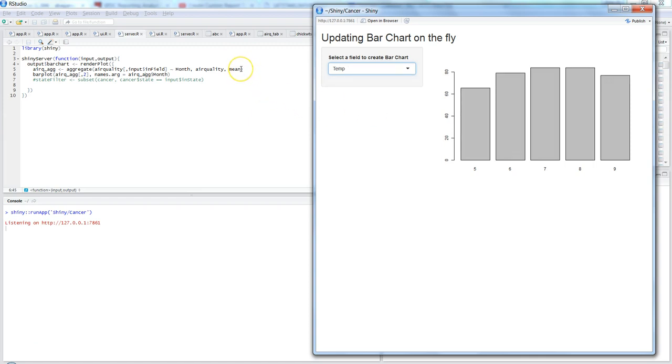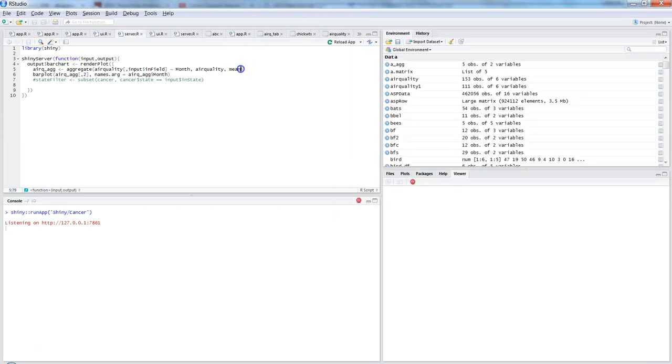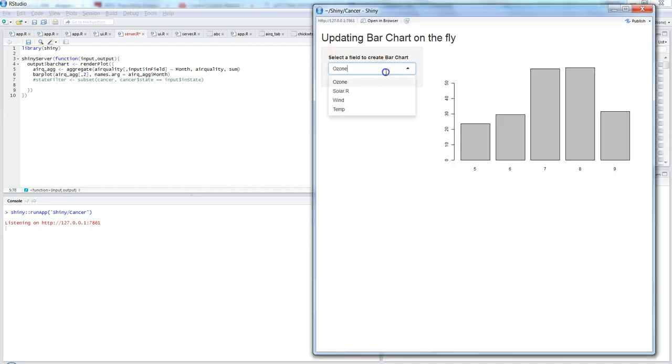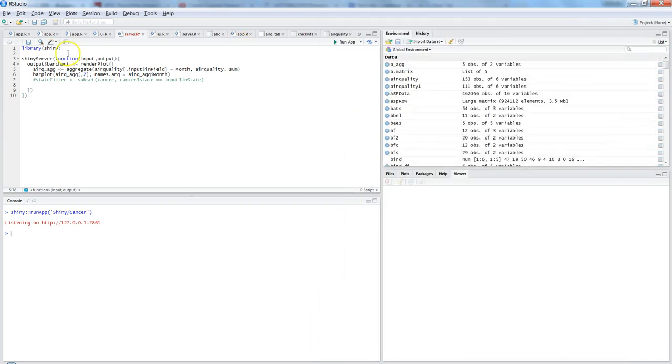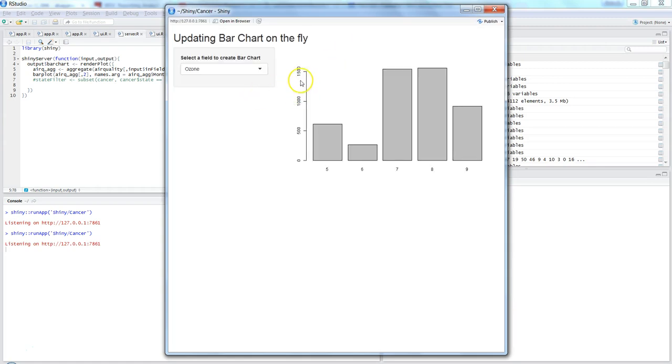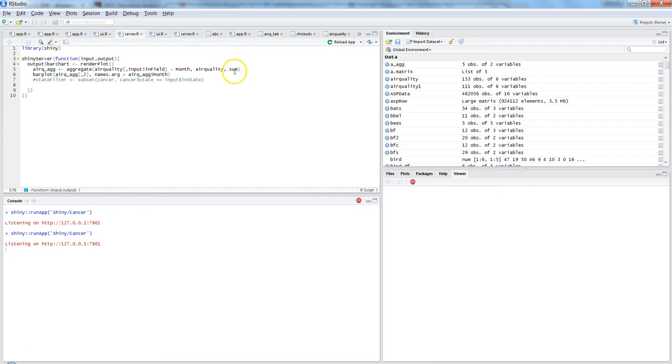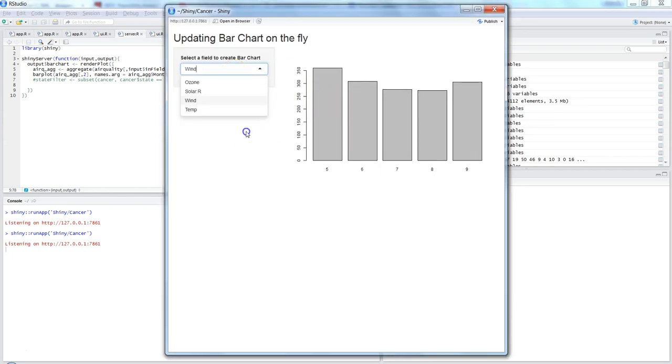If instead of mean we wanted a sum, we could have set sum and tried to display it, but probably we need to run the application again by first saving it and clicking run. And in that case you see that values have changed. Earlier the y-axis values were around 50, 80 or 100 at the max, but this time it has changed according to the sum aggregation that we have specified. So this is about how we need to mold the data and then finally show it in a Shiny application,